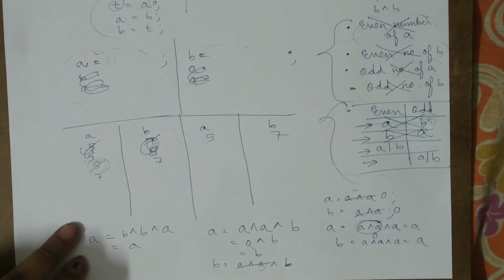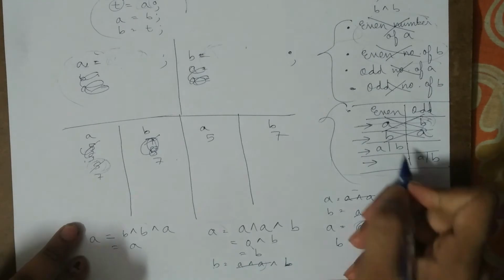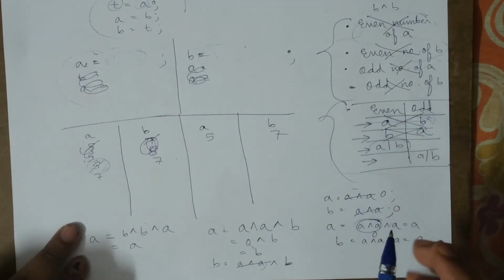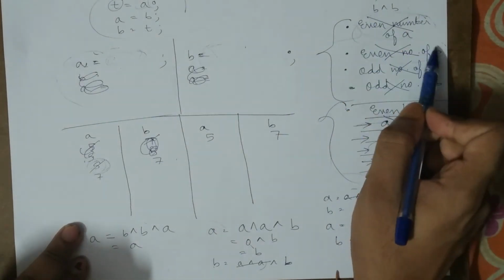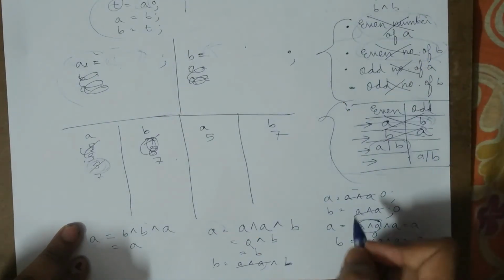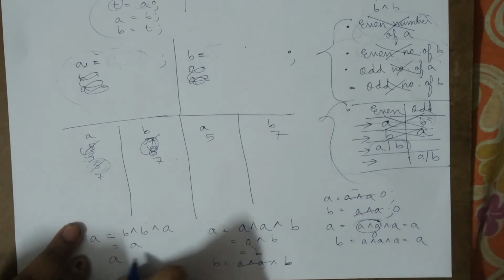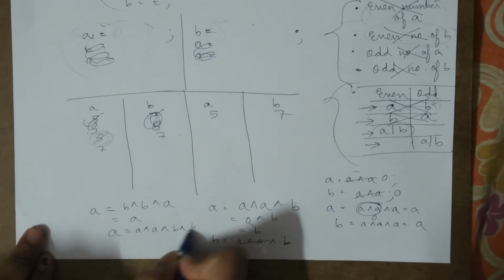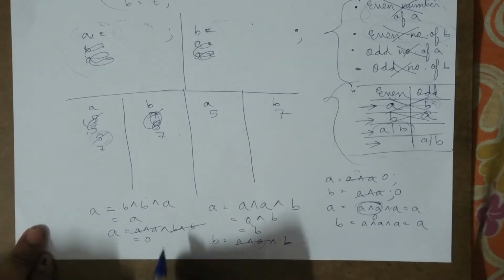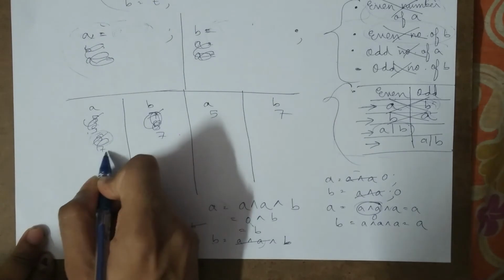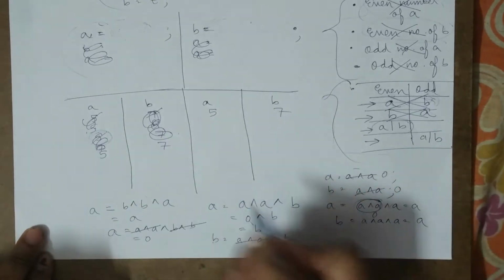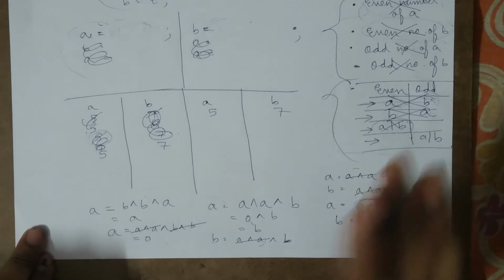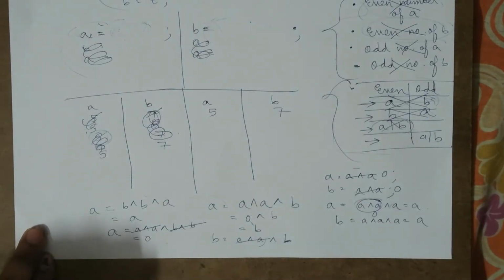So now what is happening over here is that I have this case where a will be taken even number of times and b will be taken even number of times. But we had already seen that if we take two numbers equal number of times, they will be cancelled with each other. So just see that case over here. If we write a equals to a XOR a and again XOR it with b, so all these will cancel each other to give 0, and again the numbers will be lost. So they will be of no use to me. So what is the only remaining case over here, which is a odd number of times and b odd number of times. So let's just see what is happening over here.